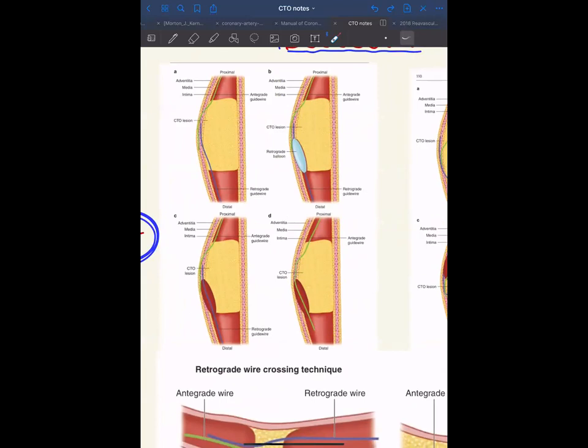So we have two wires, the other one entering through the retrograde system here, as one can understand. The proximal one comes and is in the subintimal space. The retrograde wire is also in the subintimal space. To make this proximal wire come into the true lumen, we create space for that. By employing a retrograde balloon, once the balloon is inflated, the space is created, and then it enables this wire to enter into the true lumen, the distal true lumen. So this is the CART technique.